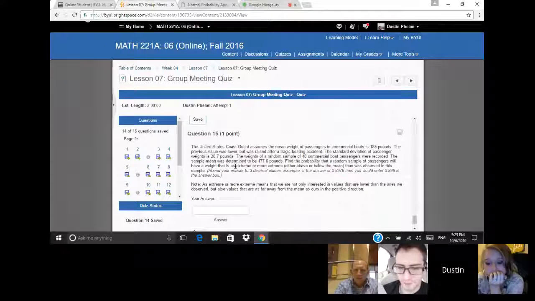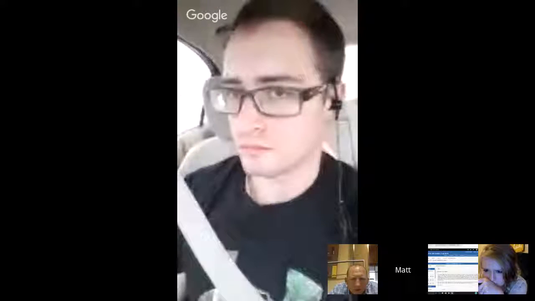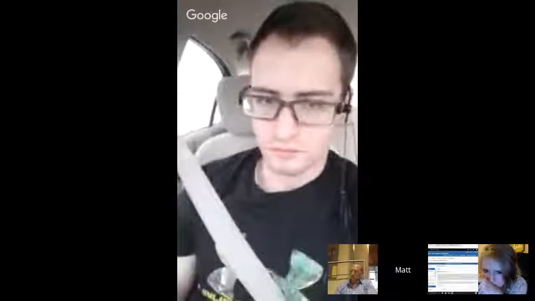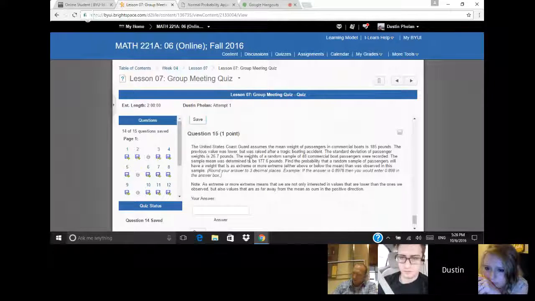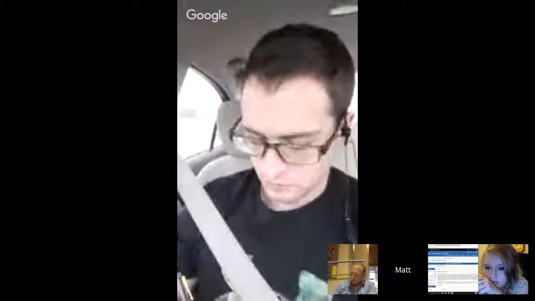I might be wrong, but what I'm thinking is finding out the Z-score with the information they gave us. They said that the Coast Guard system mean weight of passengers was 185. That's their new mean, so that's our population mean. And then the standard deviation was 26.7. Then they took 48 samples and found the mean of that to be 177.6. So what I did was 177.6 minus 185, and then I divided that by 26.7 divided by